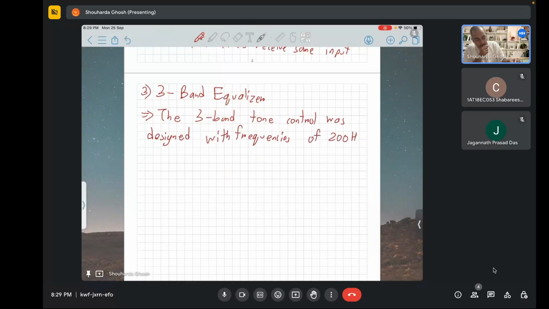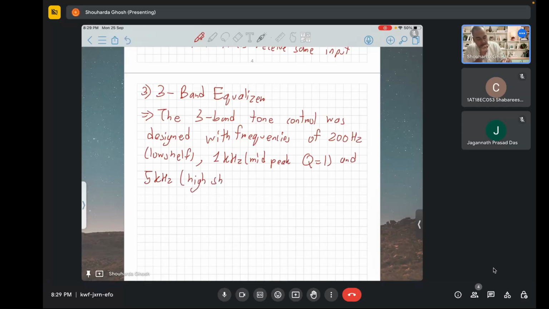200 Hertz low shelf, which is the lower limit of the hearing range. Sorry, the upper limit of hearing is 20 kilohertz, but then there is our speaking range. Then 1 kilohertz mid peak, with quality factor equal to 1. Band pass filters are characterized by the bandwidth as well as the center frequency. So what is quality factor? Quality factor is the ratio of the peak frequency to the bandwidth, so fc by delta f, that's your quality factor. And 5 kilohertz